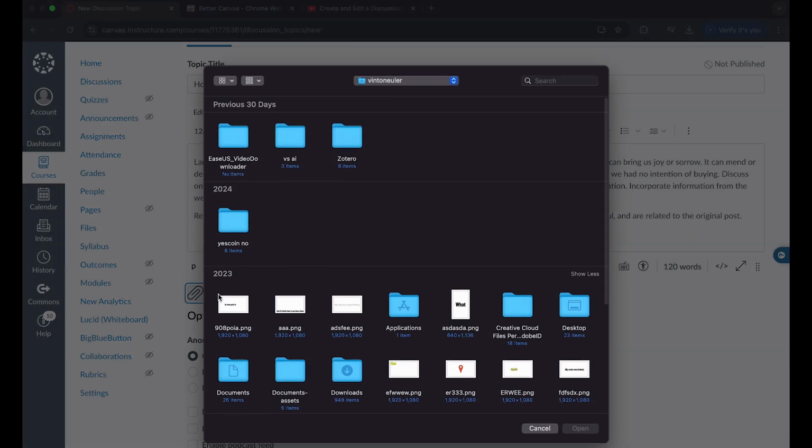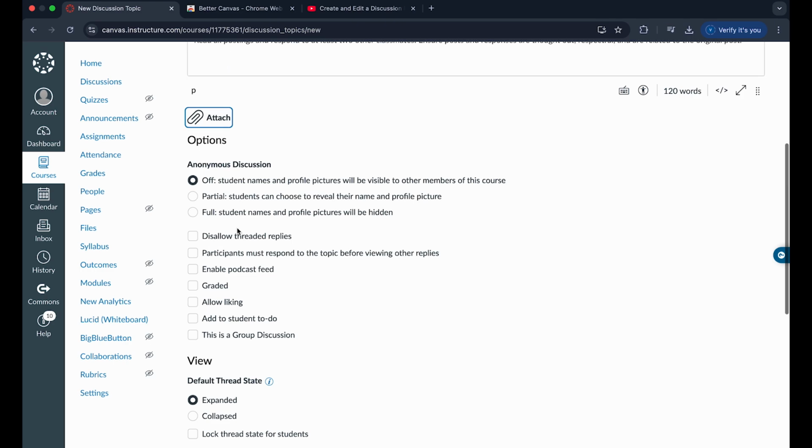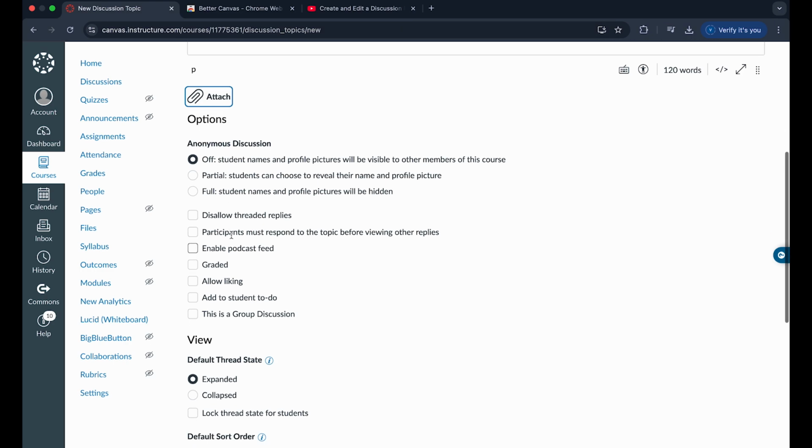attachment, whether you want this to be a document that you want them to read more about, or an image you want them to look at to maybe discuss, like so. Once you've done that, you can actually double click it to add it, or you don't have to add one,